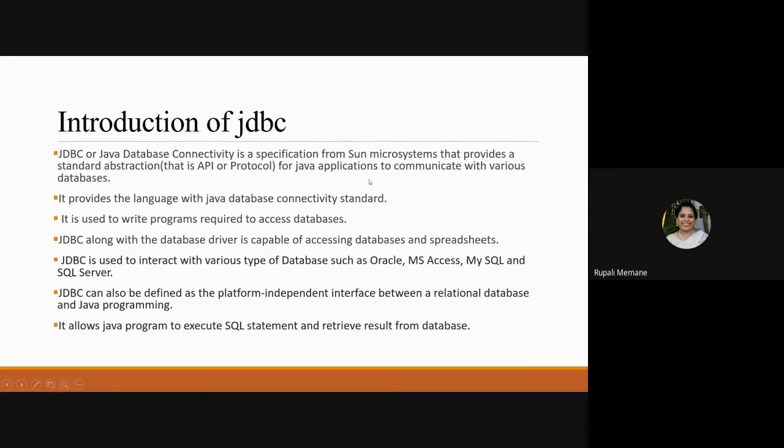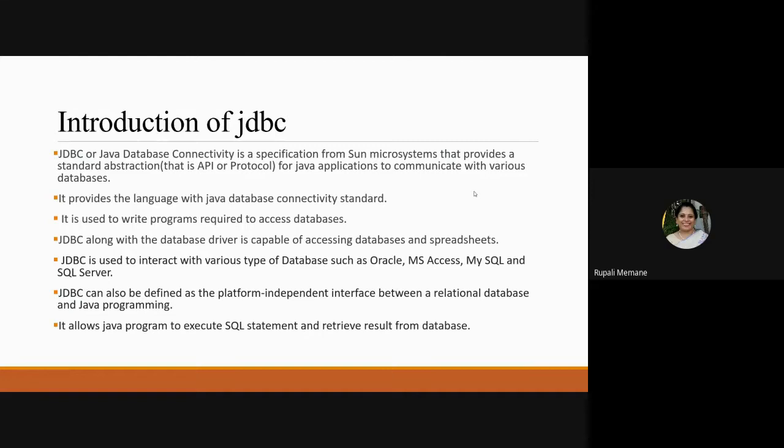So basically it is a protocol or the API for Java applications to communicate with the various databases. Fine. So the database can be anything. We need to connect it with the front end. Now JDBC supports you with the language which gives the JDBC standard. So there are some protocols, there are some APIs, application program interface. So there are some commands which are already stated there, and as soon as you install Java, the JRE and all these APIs will be there. So I need to work on those standards, I need to work on those protocols, and then only I'm able to connect with my backend.